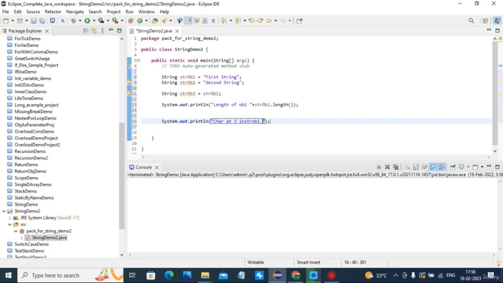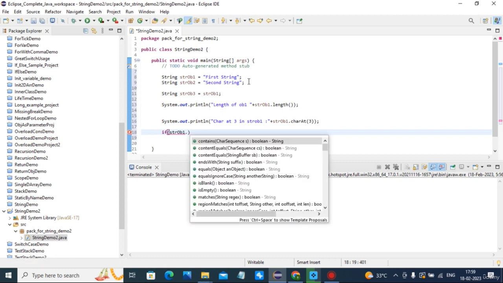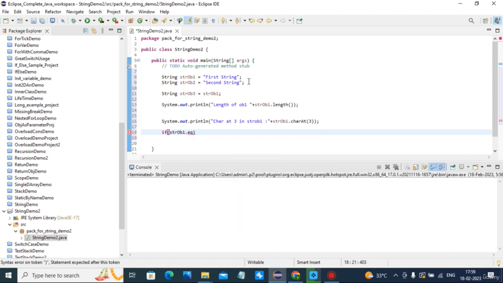String object 1 is equal to string object 1 dot char at 3. String object 1 dot equals string object 2.